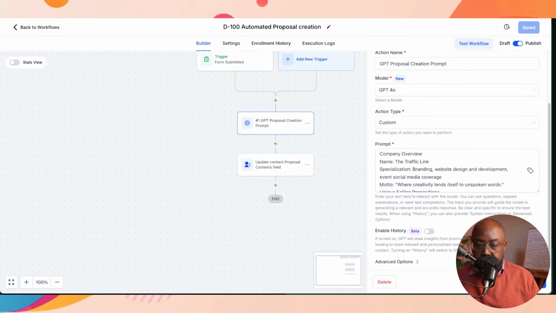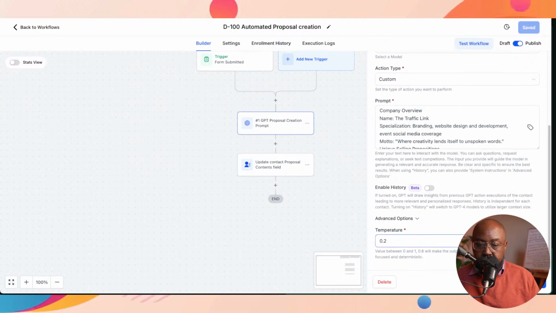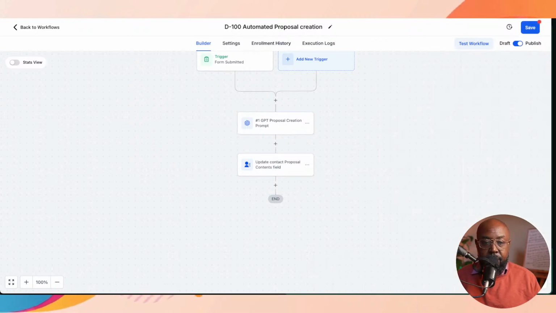is it at? Advanced options. The temperature. So right now the temperature, he says right here, the value between 0 and 1. 0.8 will make the output more random, while 0.2 will make it more focused and deterministic, right? So let's go to 1.5. Let's bring it down a little bit. And also, I want to make sure that